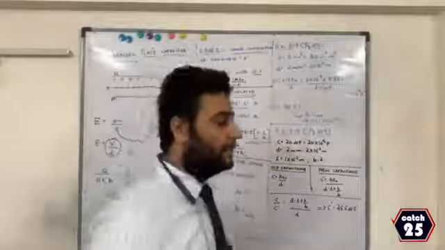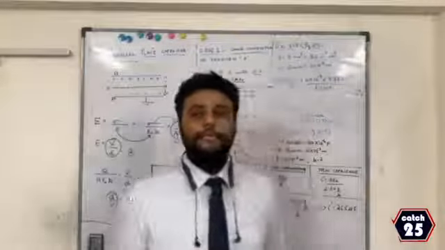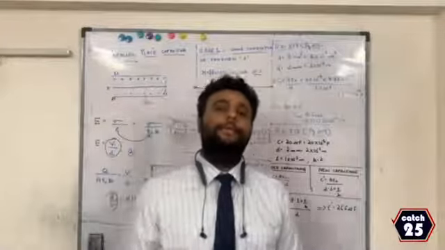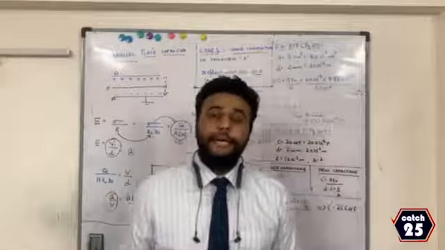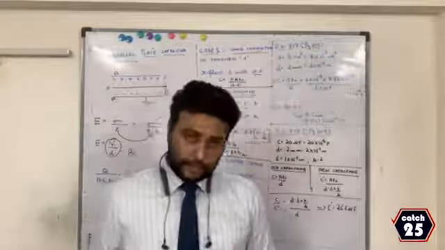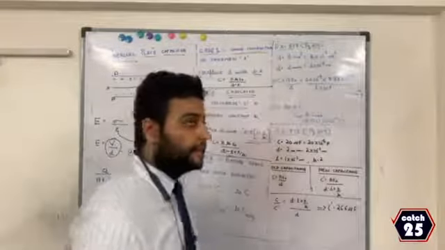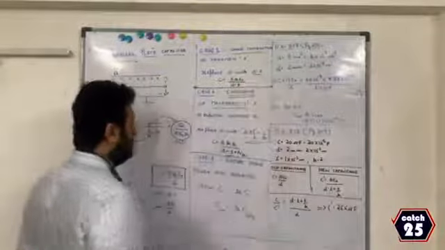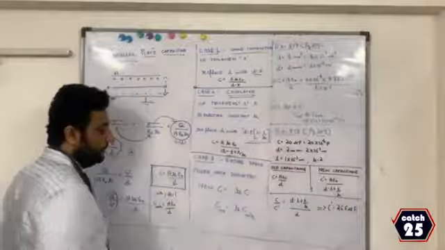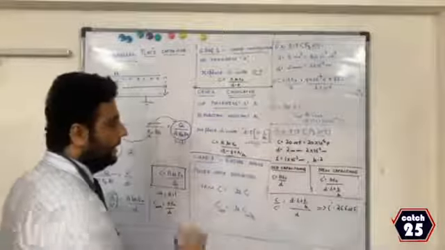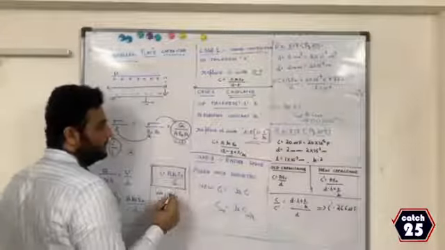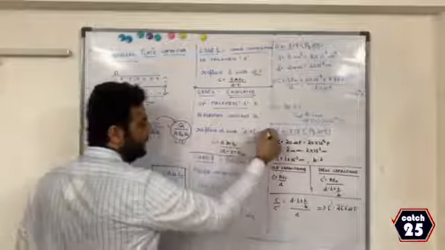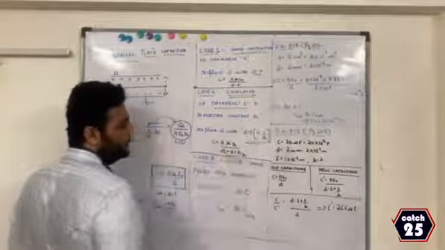Remember the two conditions. In the first condition, a good conductor is placed of thickness T. In the second condition, an insulator is placed of thickness T. In the first condition, the distance D is replaced by D minus T. Therefore, in this formula, D is replaced by D minus T. In my next formula, D is replaced by D minus T into 1 minus 1 by K, or D minus T plus T by K.